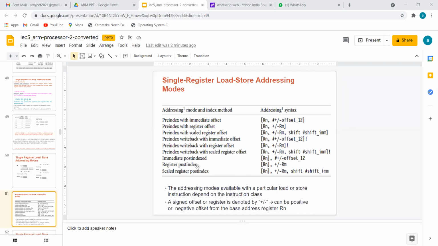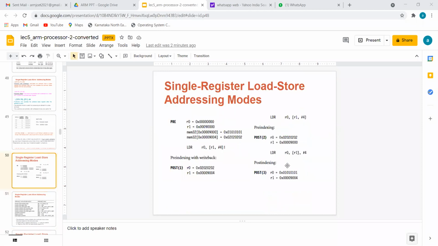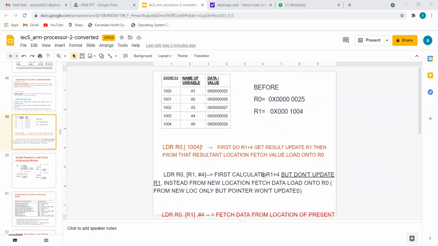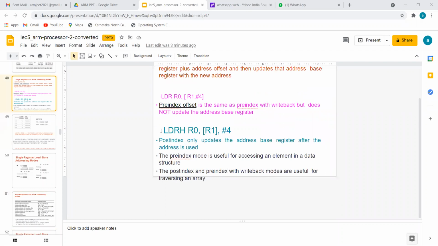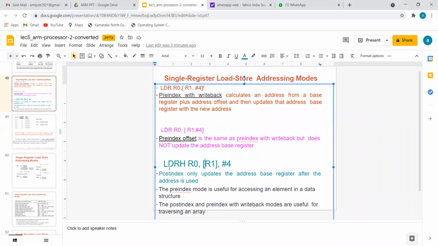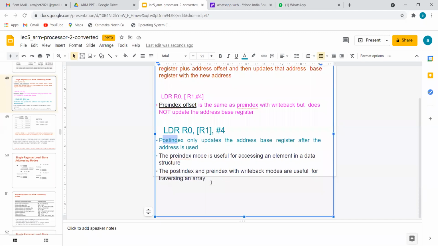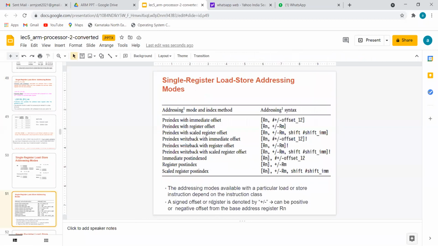Now my question is whether whatever we did in the previous explanation applies here. One more slide, this one. Let me select this line first. The question where I am asking LDR, leave about this suffix. LDR, this is one register. Here, this part you concentrate. It's a bracket, then hash, then number. One thing I can say for sure is it's a post index. There are three subcategories of post index. What are those? Immediate post index.